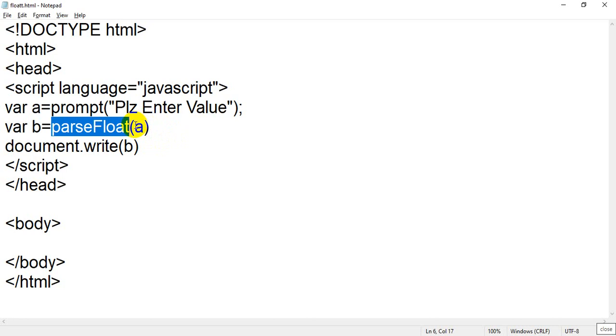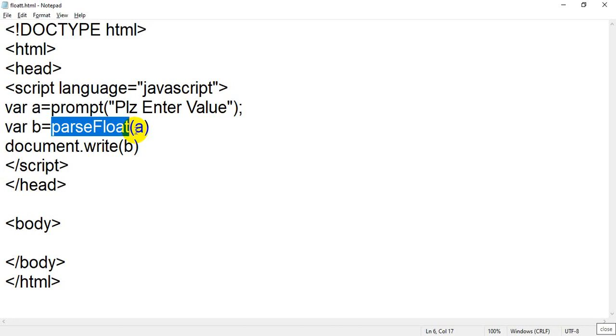Student, again I am trying to explain the basic part of the parseFloat function. It will accept a string and start reading from the first character of that string. If the first character is a number, it will read it and move to the second character, and if the second character is not a number, it will display the first character only.